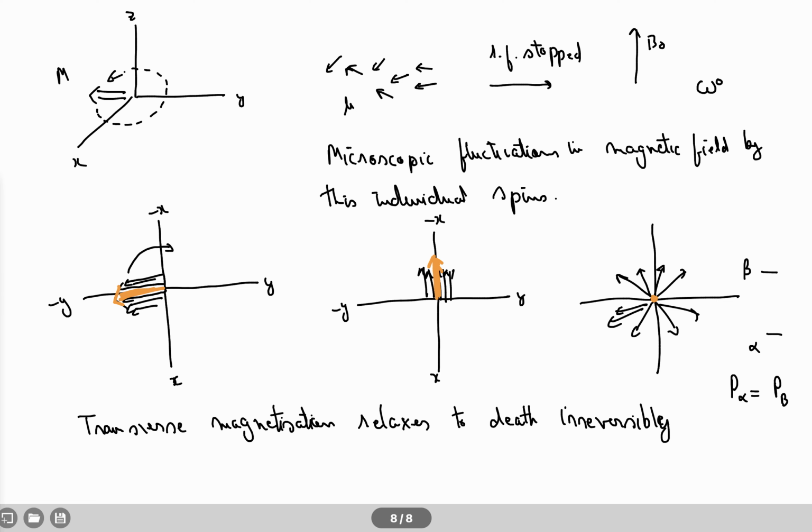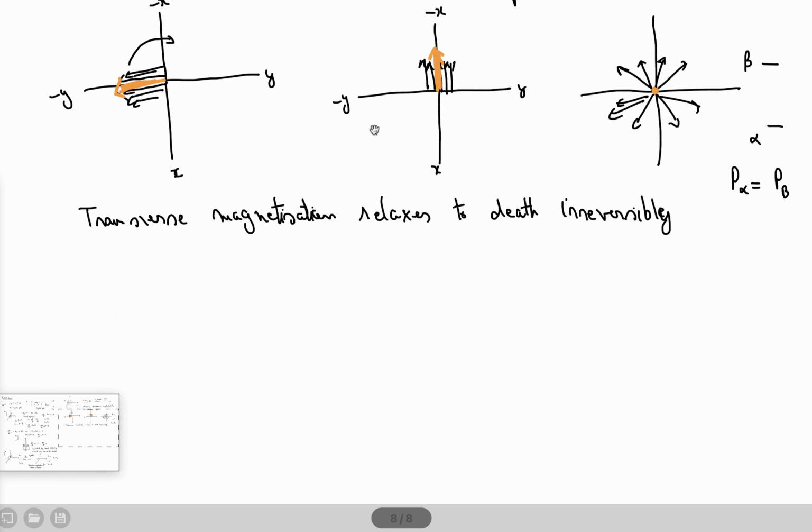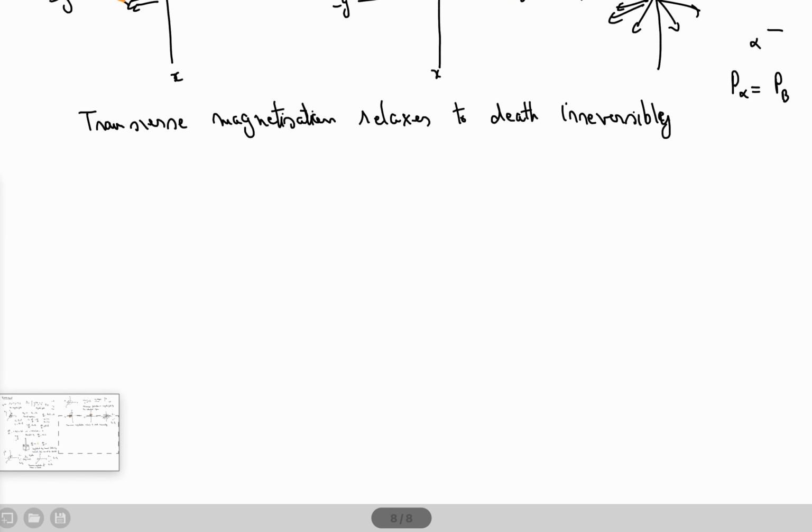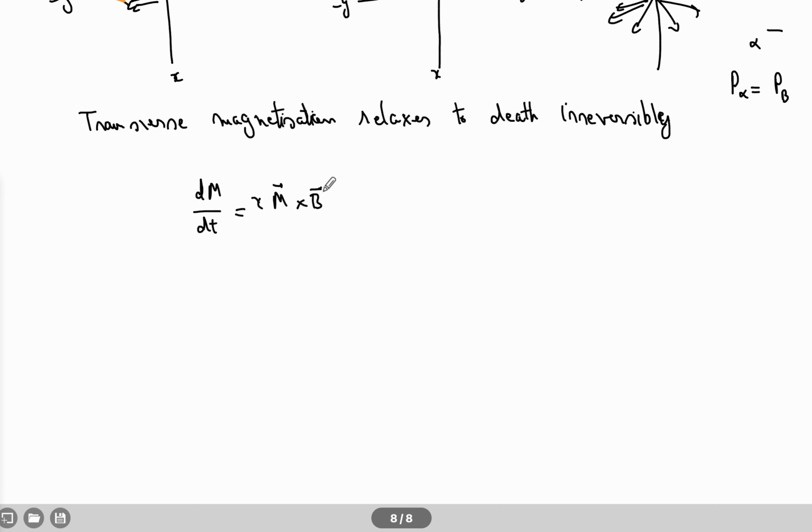Now let us look at it mathematically, how this spin precession actually takes place. So again, let us see dM by dt. We were calculating this torque, which is equal to gamma M cross B. In this case, my M is along M0, let's call it M0. M is along minus, where was my M? Minus y-axis, so that is minus j.